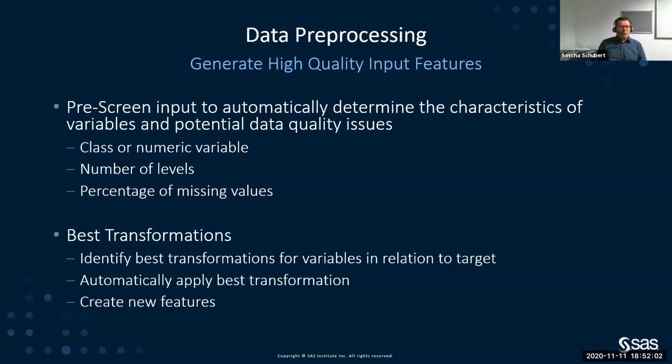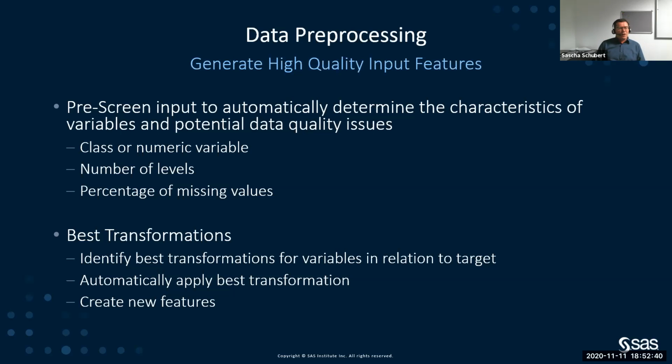But I think there's a lot of things that can be done with the help of the machine. First of all, identify issues, quality issues. Secondly, provide suggestions of how to fix these issues. And thirdly, when the issue has been fixed, identify if the fixed variable, where we have the quality issues removed, is a better predictor than the original one, and should be used in our model instead of the original raw data.